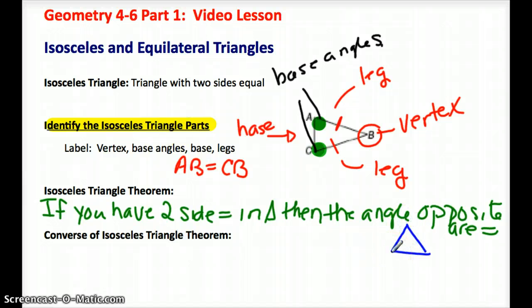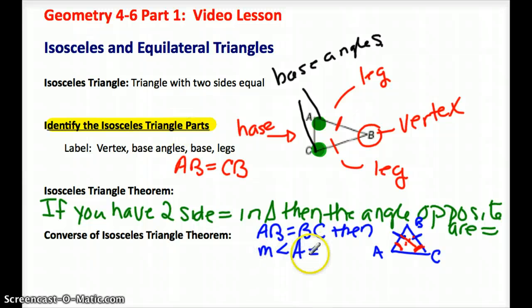Here's my triangle. Here are the two sides that are equal. So then the angles opposite would be right here, and the angle opposite would be right there. So they're the ones that are straight across. Those two are going to be equal. Let me write that out. Let's call this A, B, C. So if I've got AB equaling BC, then the measure of angle A equals the measure of